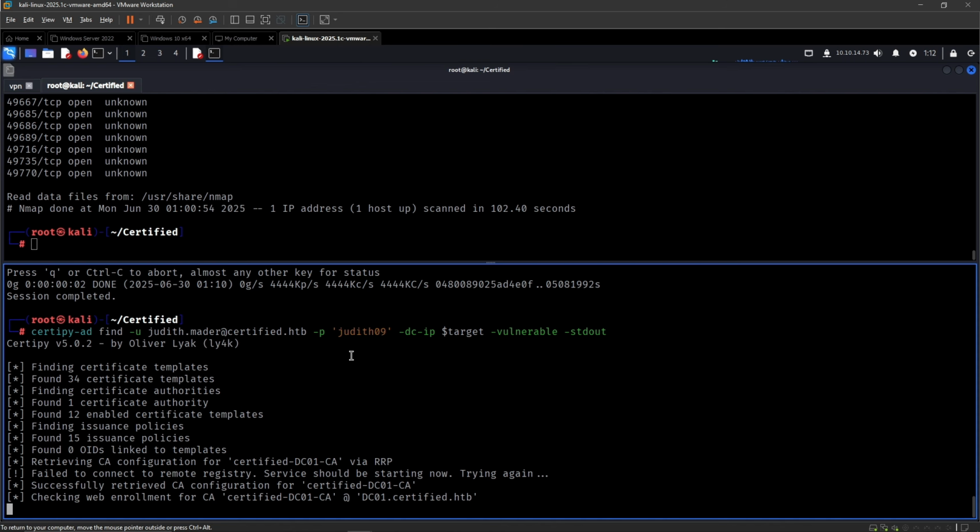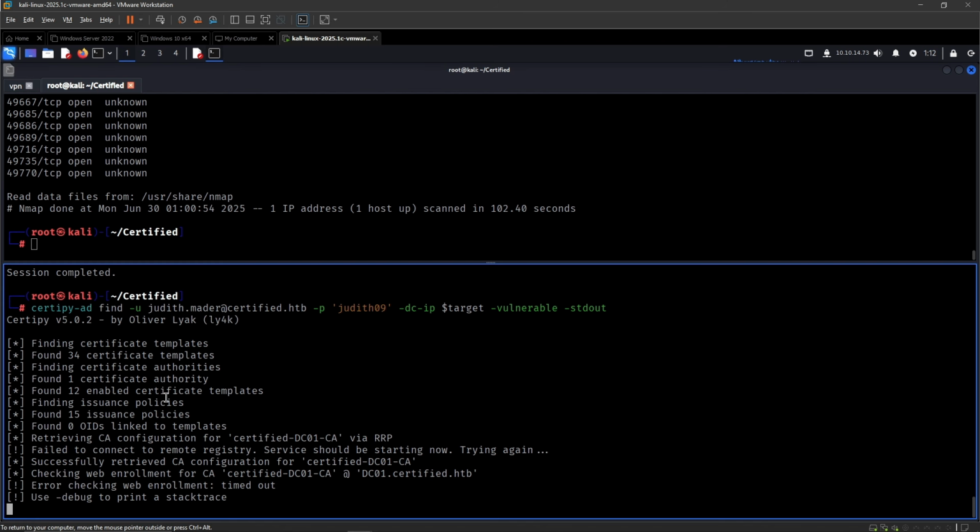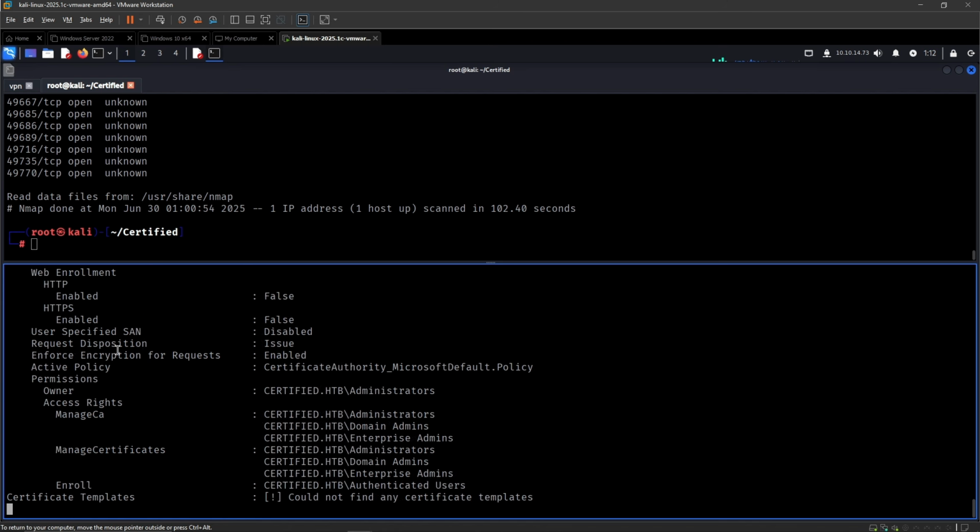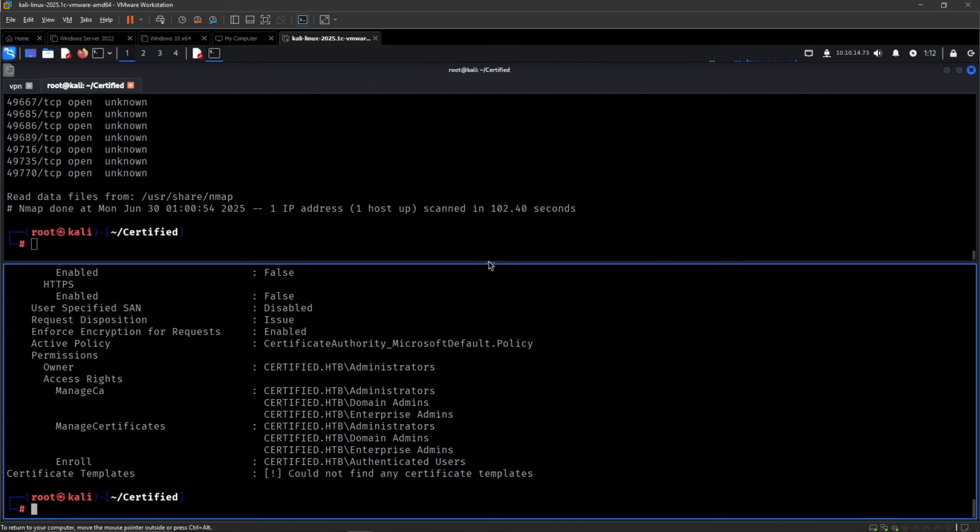So it seems to actually be parsing. It seems to actually be a certificate authority in play right there. Because if it immediately can't connect, then we know that it's not really a certificate authority, right? So this is a good sign, but let's see if anything is actually vulnerable. And if there's no path that we find with